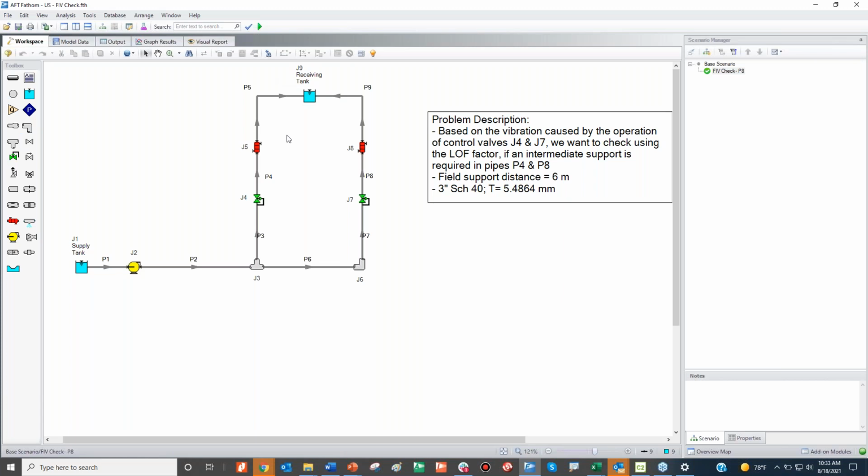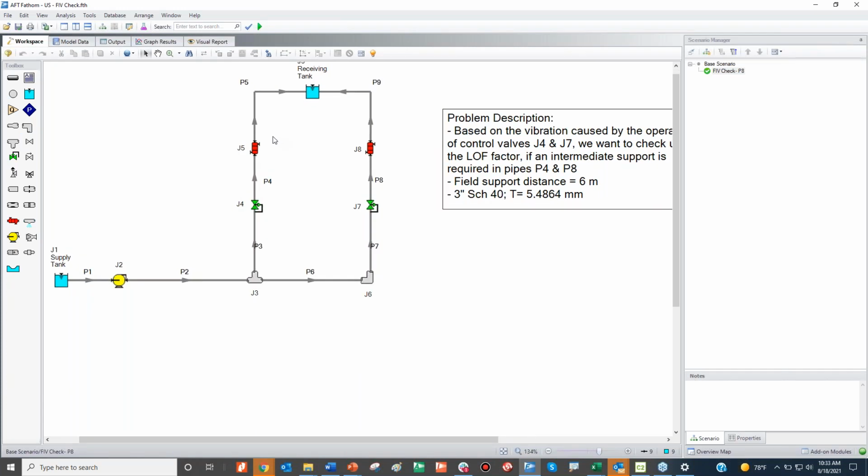So here's the model that we created. We want to study, as I said, the vibration problems that we are observing in the field in P4 and P8. I created a scenario for checking the FIV for P8, for pipe 8. So the first step is to run your model.